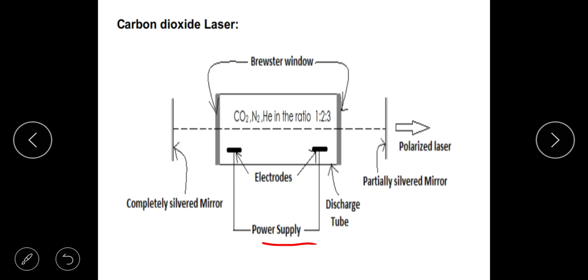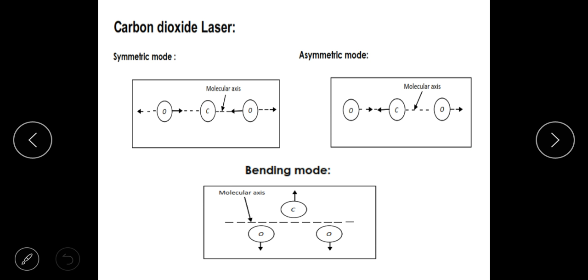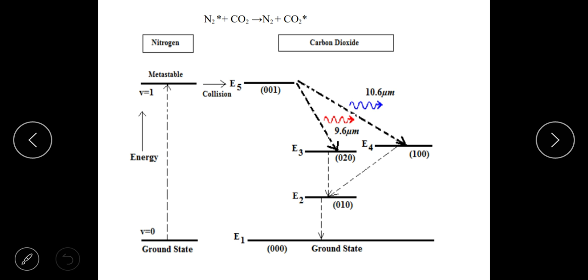This is the power supply where power is supplied, and this is where CO2 and N2 and helium are there in the ratio 1 is to 2 is to 3 with some water vapors, of course. So what happens is, when you take CO2 and N2, that will have that energy level structure which I just showed, and a huge power is supplied. When a huge power is supplied, please remember,